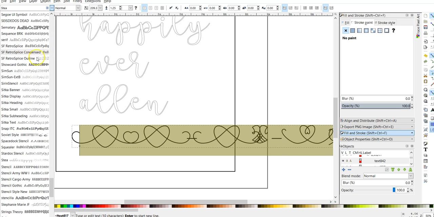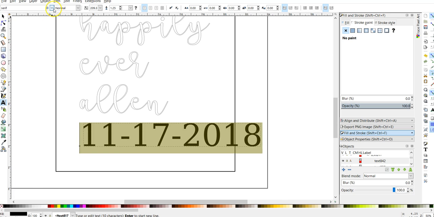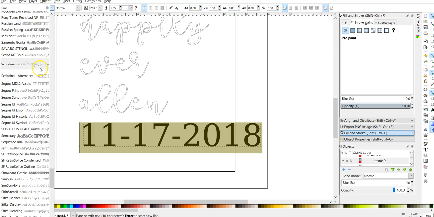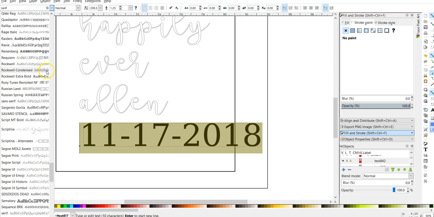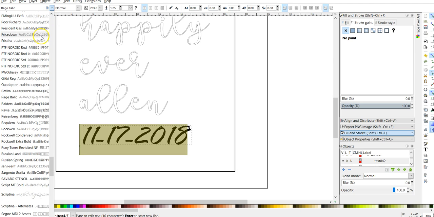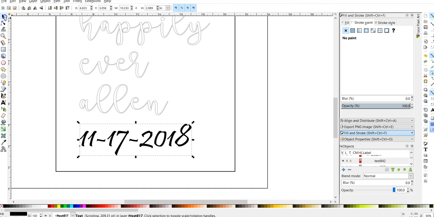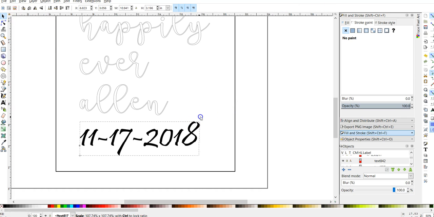And that's unfortunate. If we go with Serif, that's a little bit too blocky. If we go with Scriptina, we found out that that one's going to be too blocky. Rage Italic. The problem with Rage Italic is it has too many fine details, and that will screw up a cut. However, this one I'm actually more of a fan of, so we're just going to go ahead and pop